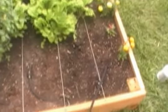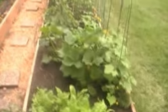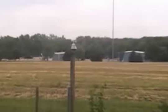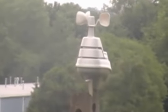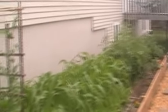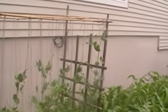So I'm also just using soaker hoses that if my weather station does not show any rain, I've been keeping track. If I get less than an inch a week, I'll run the soaker hoses. But outside of that, I haven't been watering but once a week for long term. So